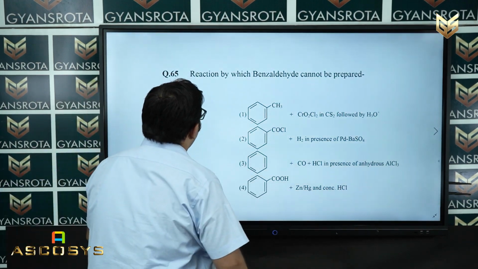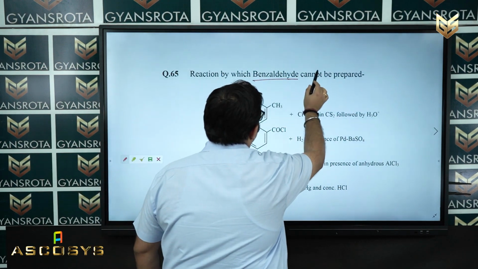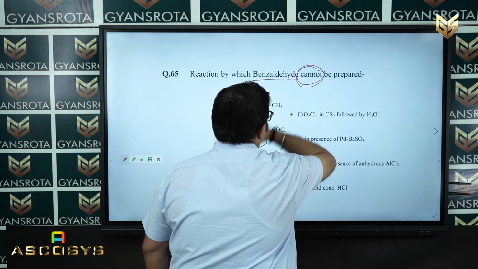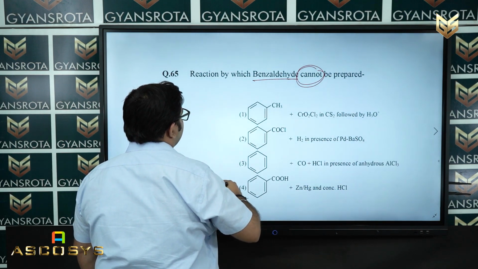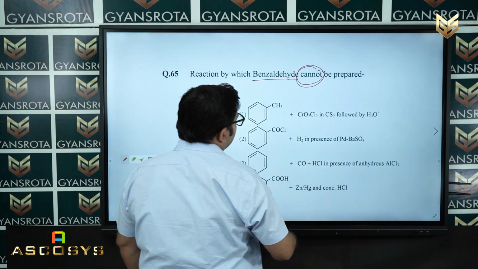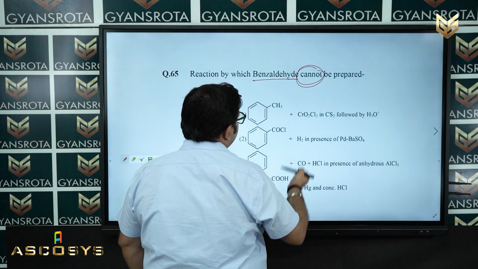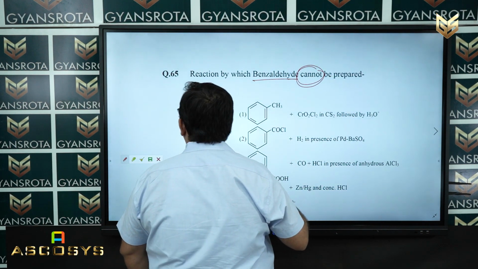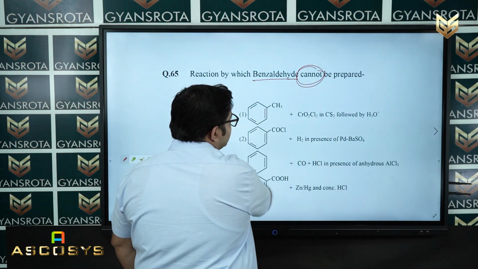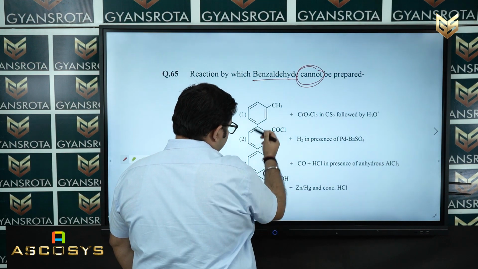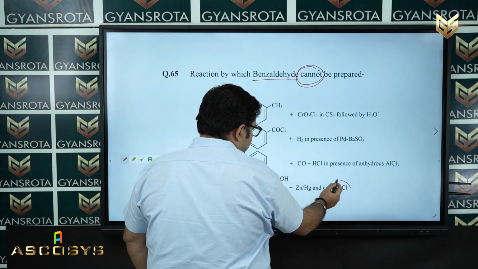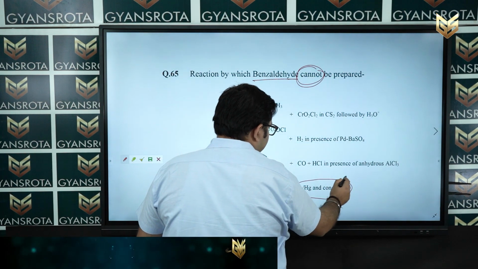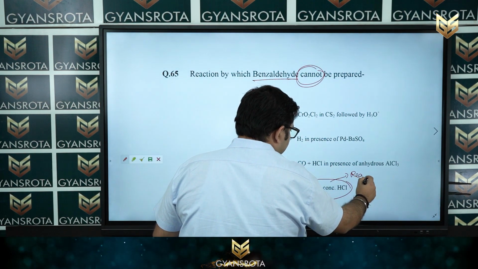So, if you see, they ask about the reaction by which benzaldehyde cannot be prepared. This question comes from the aldehyde, ketone and carboxylic acid part of your class 12 NCERT. Now, among the 4 options, zinc, Ag and concentrated HCl, this reagent is useful for